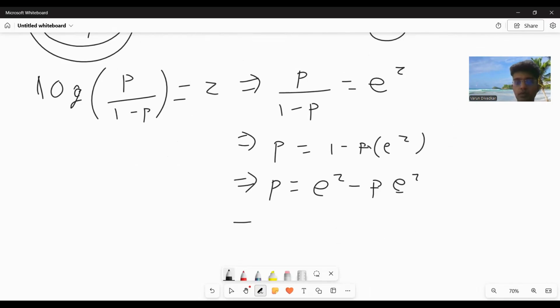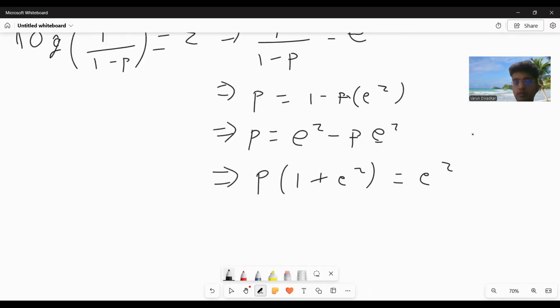So this equals P. So let's take this here. P into bracket 1 plus e raised to Z equals e raised to Z. This means P equals e raised to Z divided by 1 plus e raised to Z. Now, if you divide the numerator and denominator both by e raised to Z,